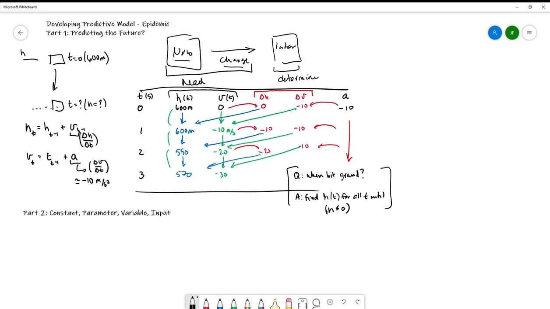So these different columns, different variables, different numbers in here actually have different roles in this particular model. So the variables, the things that you can actually measure, these are things that are observable. And the ones in this case are the height of the thing above the ground, and in fact the velocity. So these are things that are a function of time,